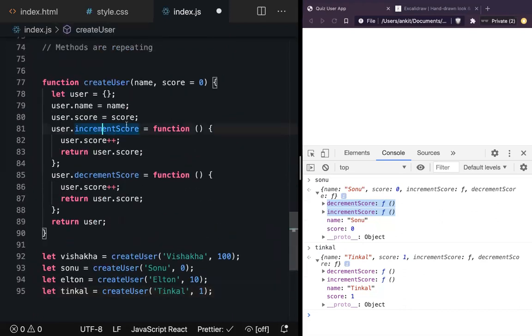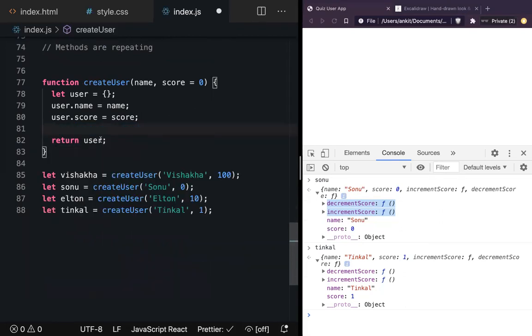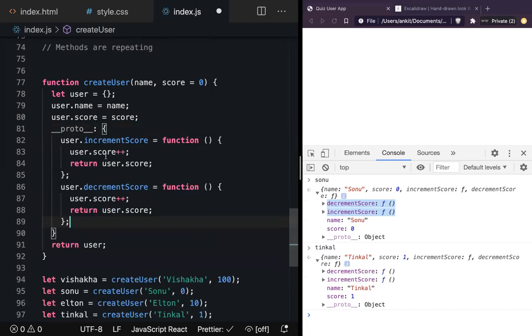So here, instead of having these users here, I can create a property called dunder proto, and inside that, I can keep these two methods. So now we have increment score. It is going to be a method, a function, that is going to do user score or something like that. Same here. So semicolon.